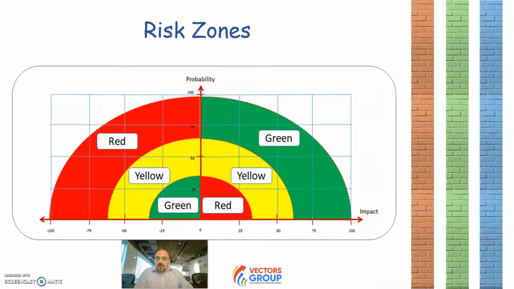Now, some of you may be familiar with those colors. So we don't want anything in the red zone. Okay, so we don't want highly probable, highly likely, negative, impactful risks. And we also don't want low probability and low impact risks. We can eliminate them. So it's a brief summary for decision makers to see everything on one chart.